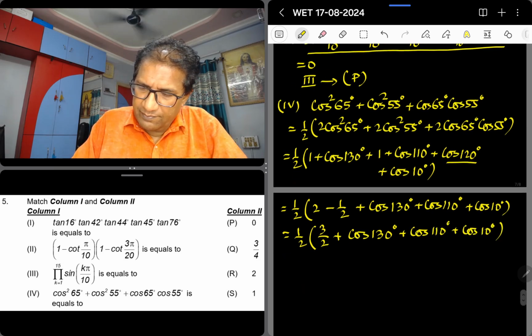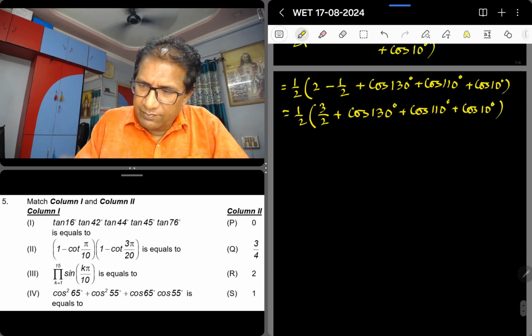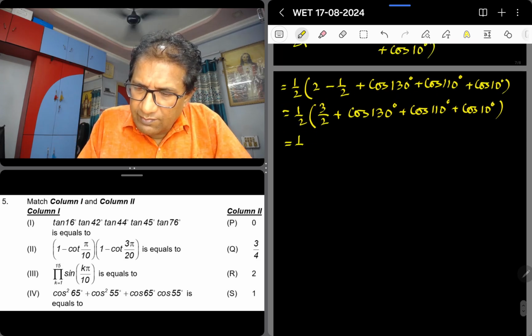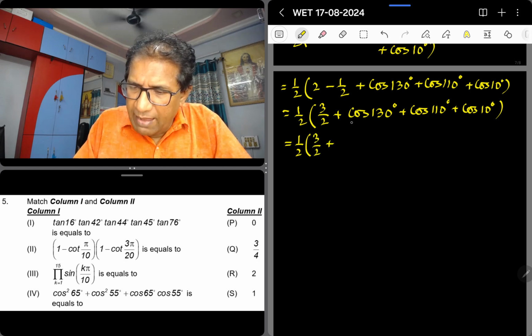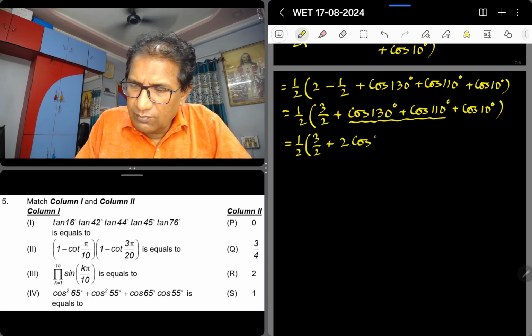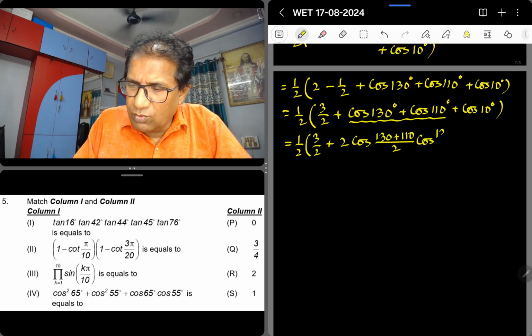Okay. So this will give us. Now let me apply the formula cos C plus cos D for these two terms. We are having 2 cos C plus D by 2 cos C minus D by 2